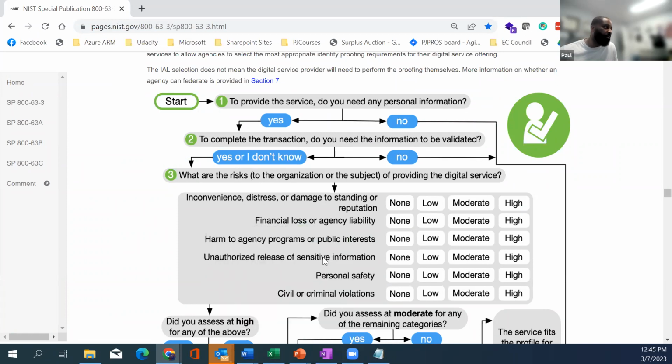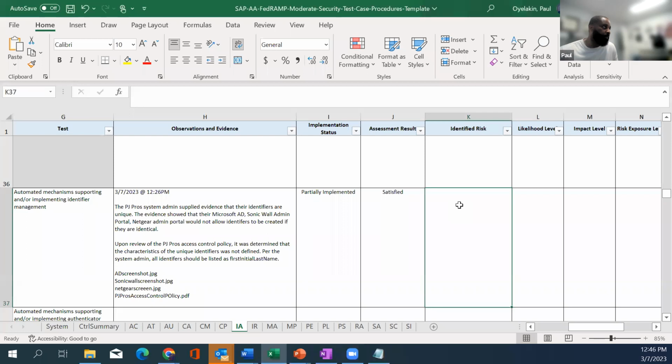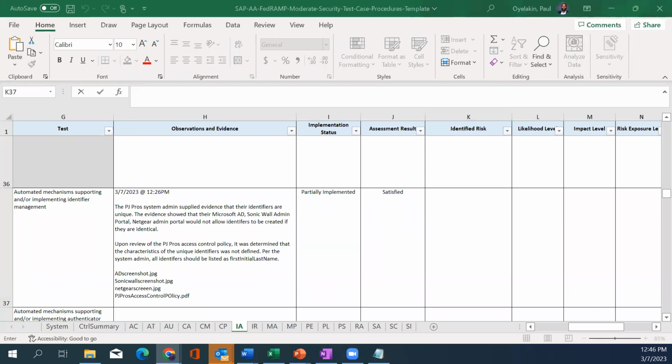Once you get in the network, you're able to escalate yourself by impersonating another person and get access to their stuff. So the identified risk is unauthorized release